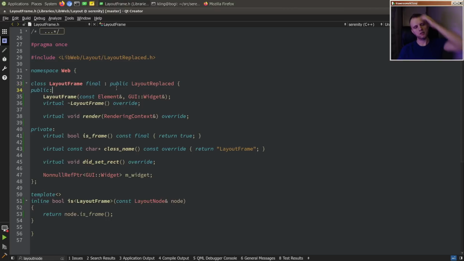So layout frame is going to be a replaced element, and replaced just means that it has behaviors that are not governed by CSS. So typical replaced elements are IMG, canvas, input, and frame, because they have these behaviors that are not just following the box model and CSS stuff. Anyway,